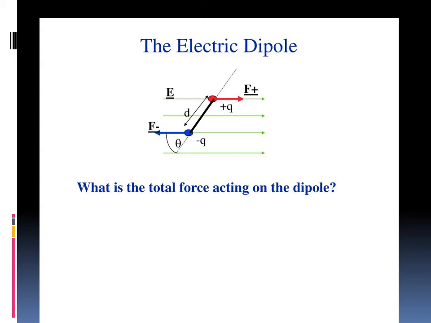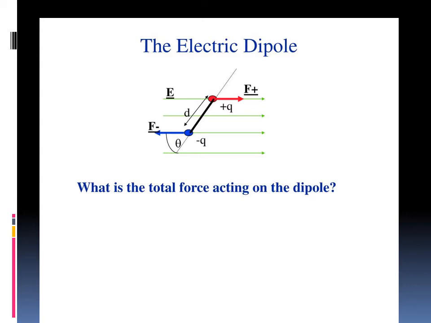First of all, a force will act on the two charges, this one charge and this one charge. The force that will act on this charge is F positive, represented by this one, and its direction is that of the red arrow, in the direction of the external electric field. And the force acting on the minus q charge is F minus, and that is acting in the opposite direction to that of the external electric field, right? So students, you know very well, the external electric field points from positive charges to negative charges.